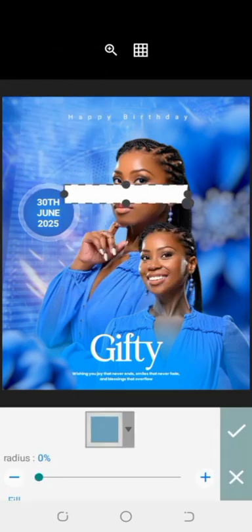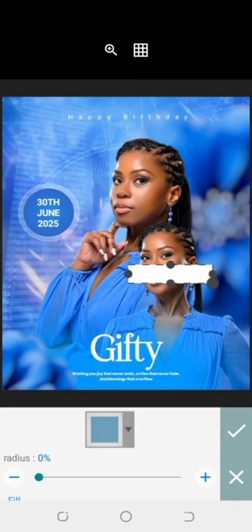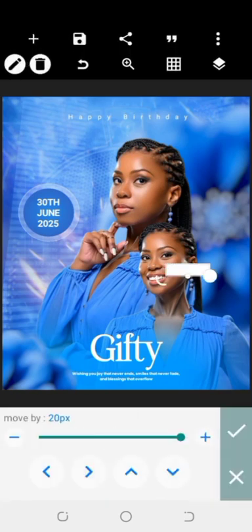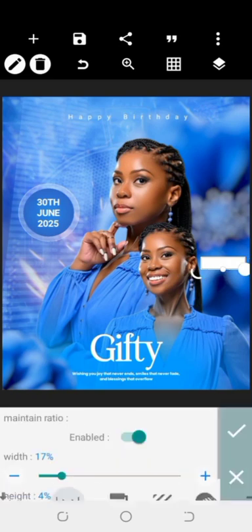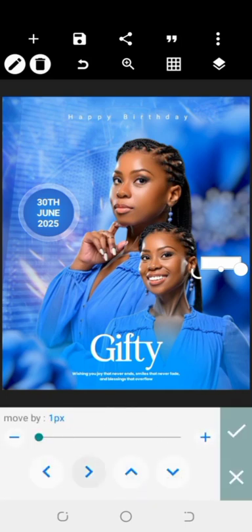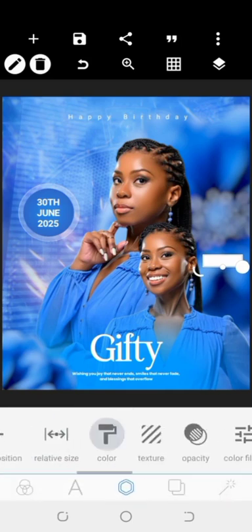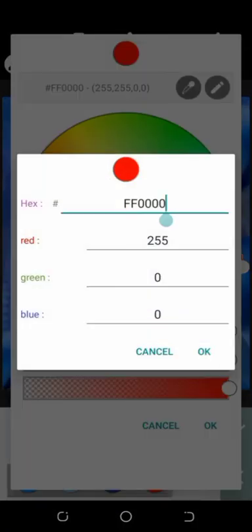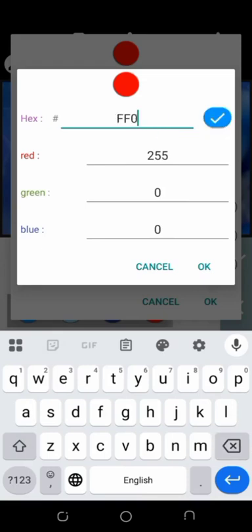So I'm going to be creating 3 little boxes. All right, so let me place this beside our head there, and let me reduce the width. Okay, and then place it here. So I'm going to be changing the color of this to a yellow color. So the hex code for that yellow color is FEE